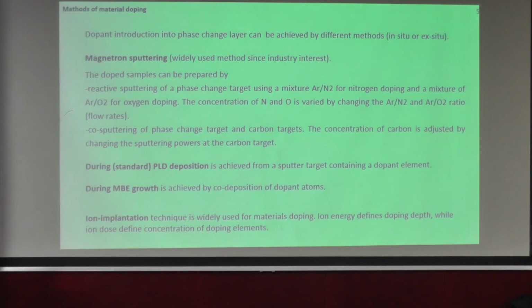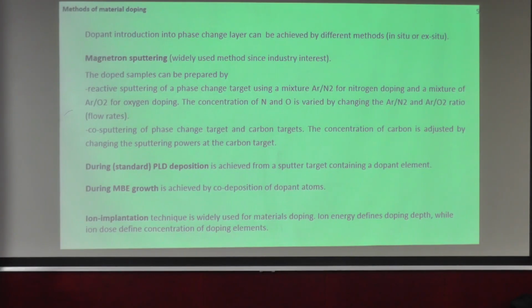You have some residual pressure of oxygen, or you can also introduce some gases into the system. During the sputtering of GST material, you can internally introduce either argon, nitrogen, or oxygen, and then you introduce the doping into your material, like nitrogen or oxygen, which also depends on the flow rates and other parameters. You can also use co-sputtering of a phase change target and another target like a carbon target or different targets. Then you also get some impurities inside of your